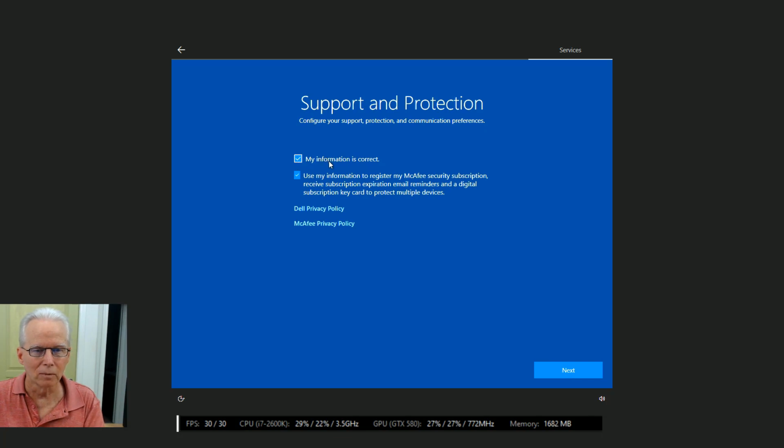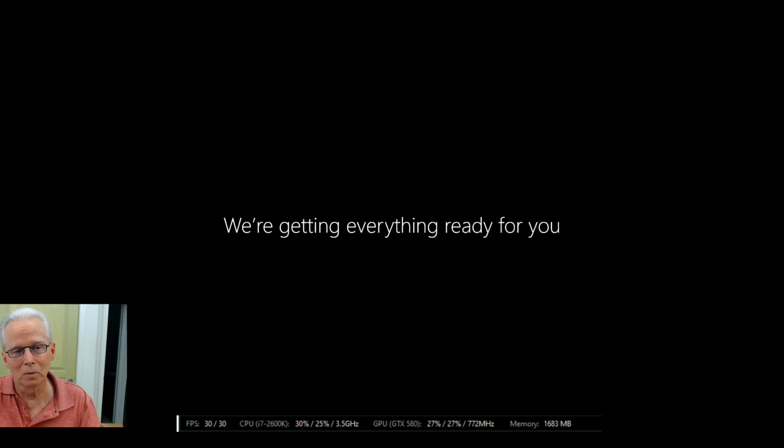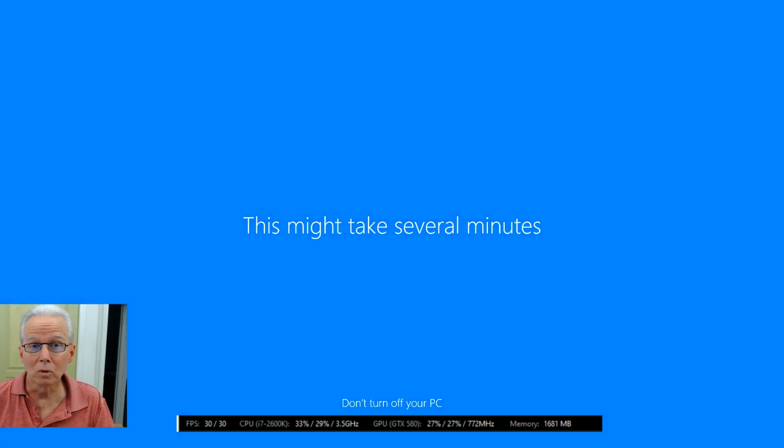I'll say that my information is correct, because I don't want to be asked again to put in information. Use my information to register McAfee, no. I remove that check mark, and I'm actually going to uninstall McAfee when it comes time to do that for this computer. All I care about right now is to get this computer started up and get the Windows updates in place and have this computer ready to attempt to do the Windows 11 upgrade on Tuesday, if I can